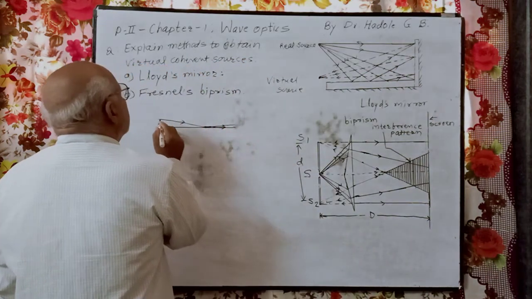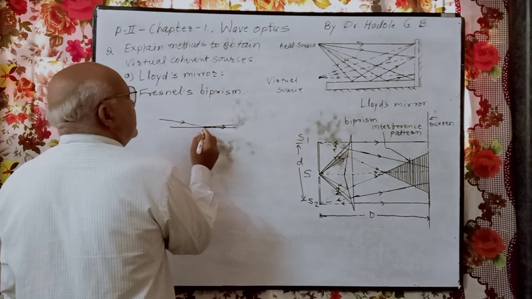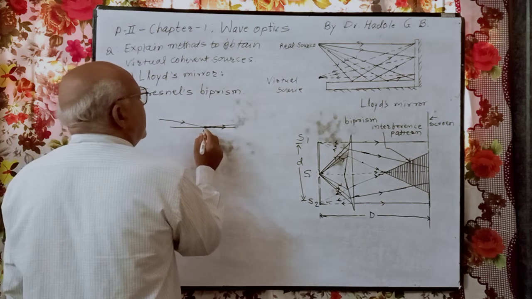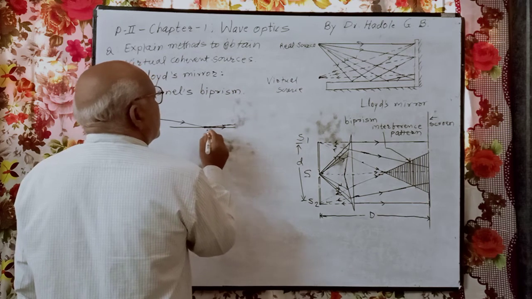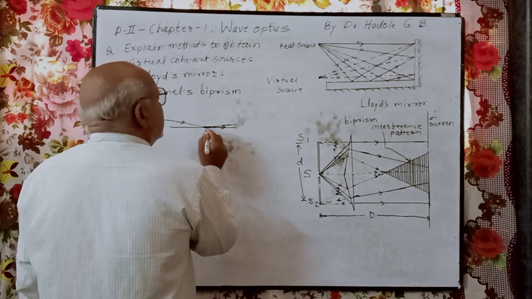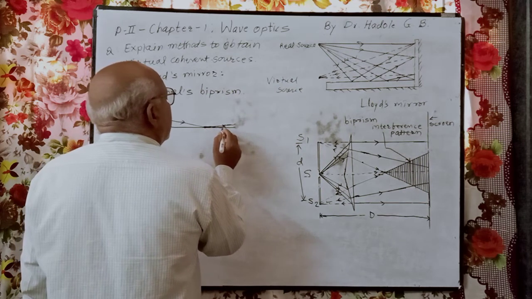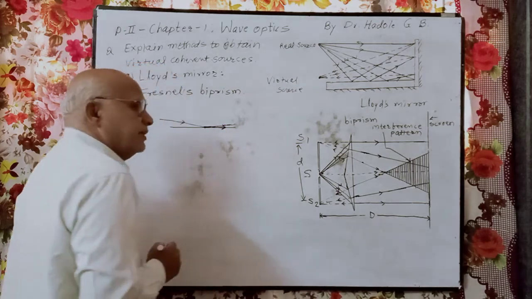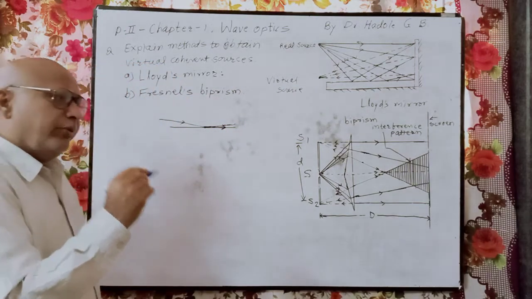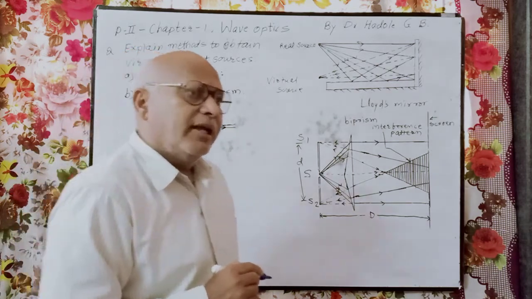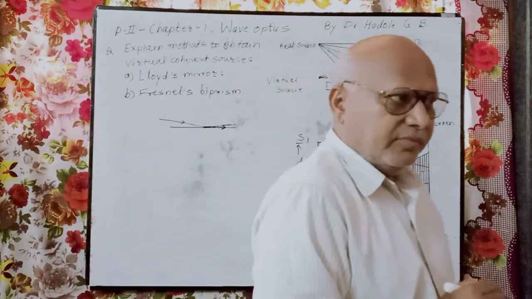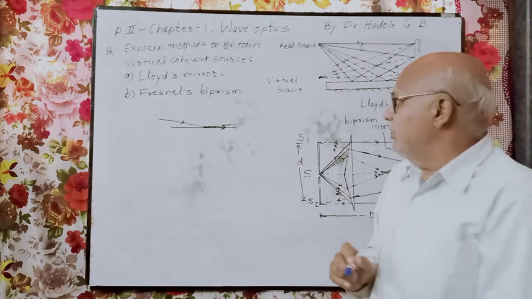What happens? The light coming from the sun falls on the surface. After reflection, that light moves close to the water surface. Some of the rays are moving along the surface. This phenomenon is called grazing.